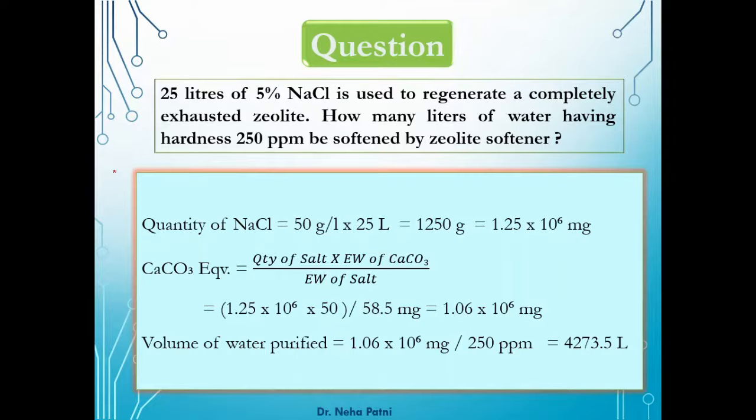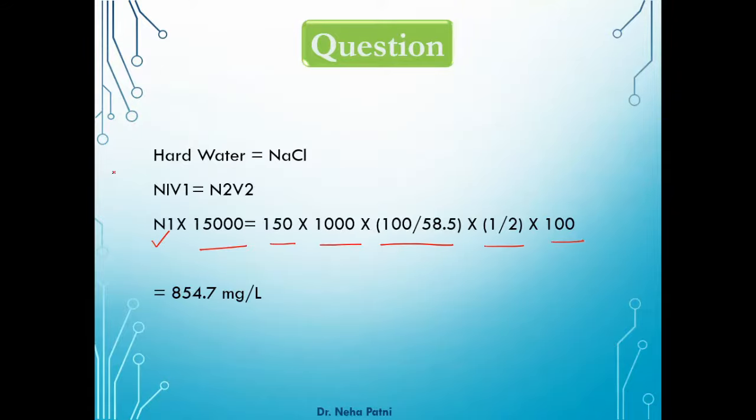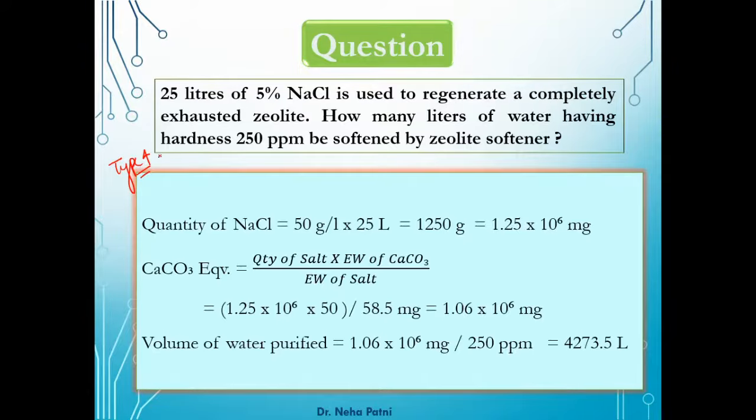Now coming to another type. I hope you remember type 1 was milligram per liter, type 2 was gram per liter. Now we are coming to type 4 wherein hardness has to be found out. Obviously here now liters are to be found out, right? So hardness is given, which is like 250. Find out the V1. N2 is this. So now this is the type 4 wherein we can give you gram or milligram per liter, but in another way. Weight. I think you understand weight by volume is the percentage.